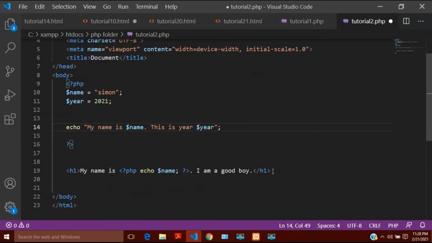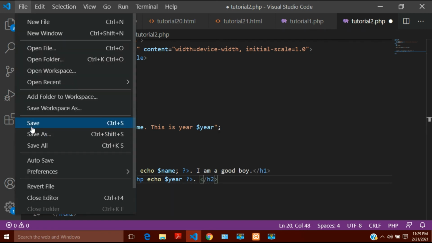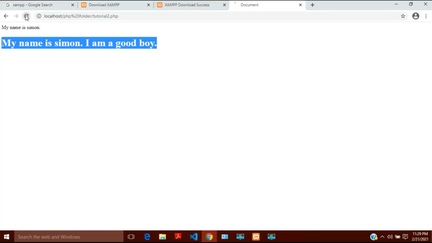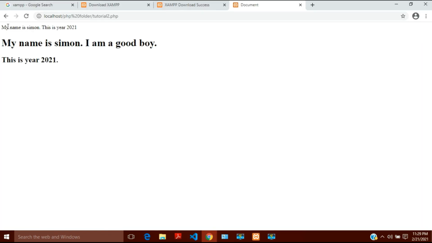And if I want to show it with H2, so now let's save it, and here I'll go and I will refresh. Here you can see without H2 the result is my name is Simon and this is the year 2021, and with H2 the result is this one, this is year 2021, which is the H2 heading.